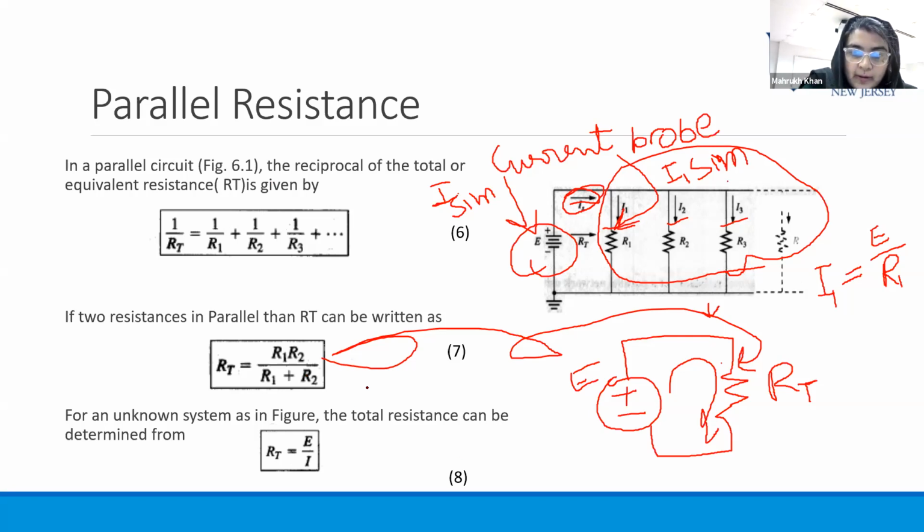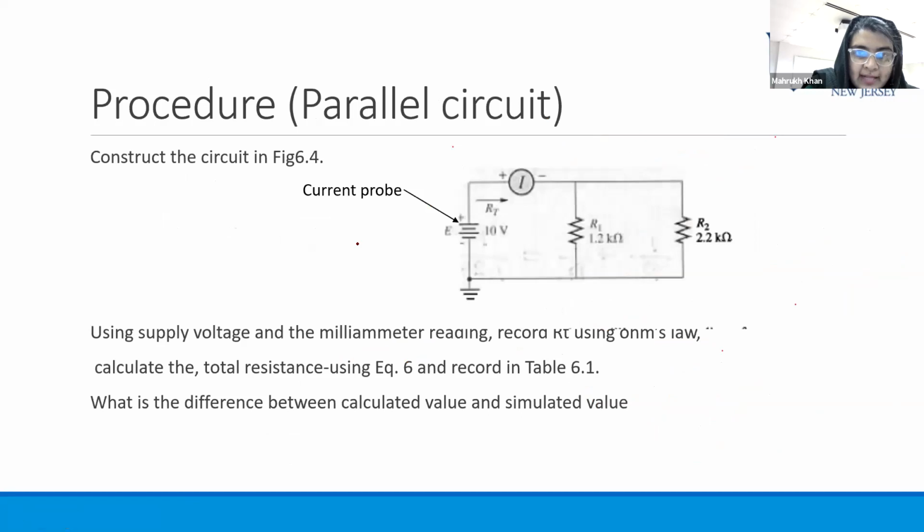Okay, so we are clear how to find I-sim and I1 sim and how to calculate these values, right? Okay, let's move forward. That's what you have to do. You have to construct the circuit in figure 6.4 that is given in the book, and I also showed it here. So for those who don't have the book,